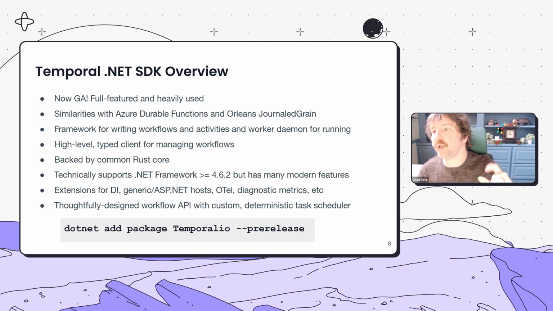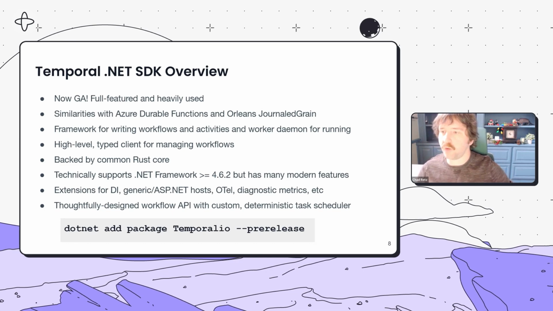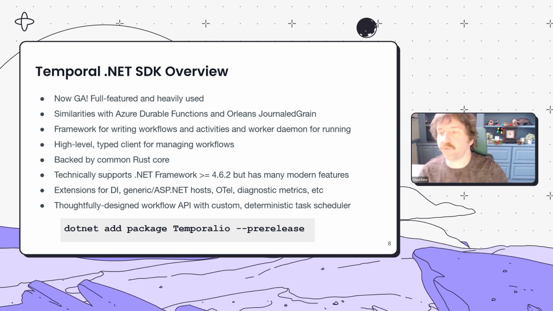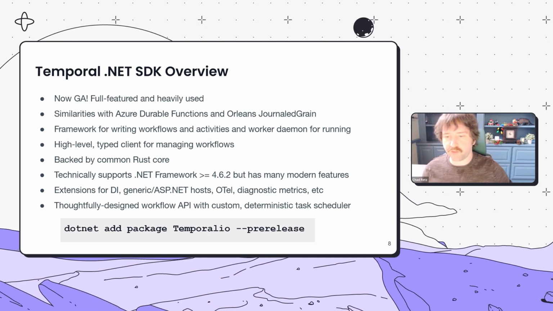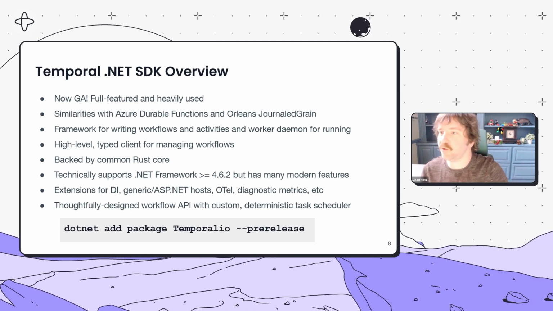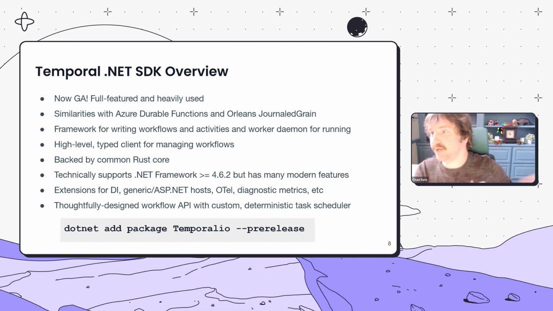And we put in the extra work and the time to make sure that when you're writing a workflow, it uses the regular .NET task framework, and therefore we wrote a custom deterministic task scheduler to ensure that cooperative multitasking is deterministic inside your workflow so you can do all your normal concurrency as you would outside of a durable